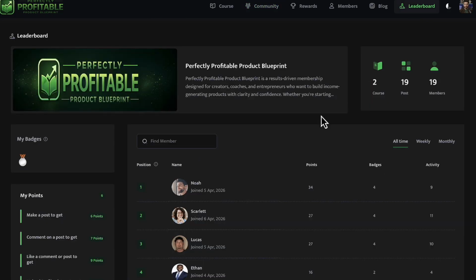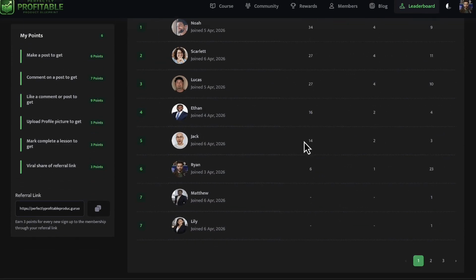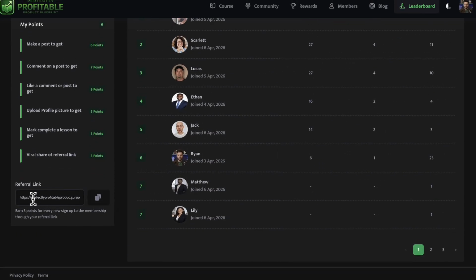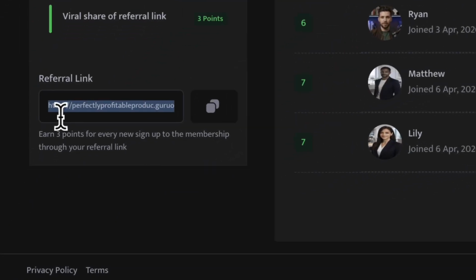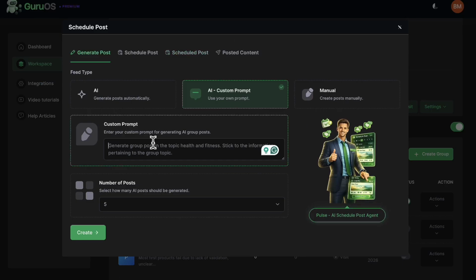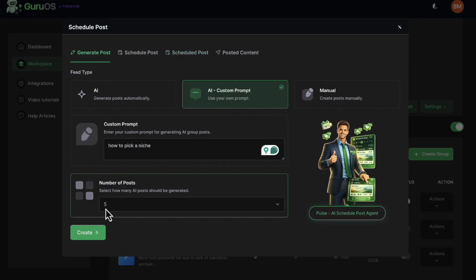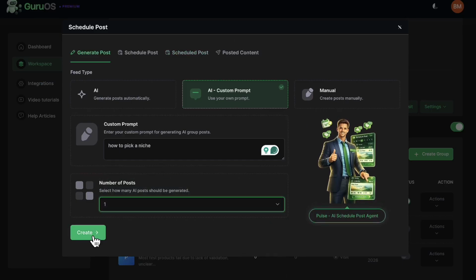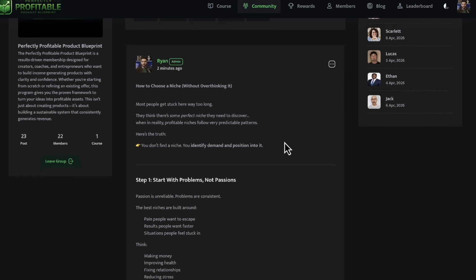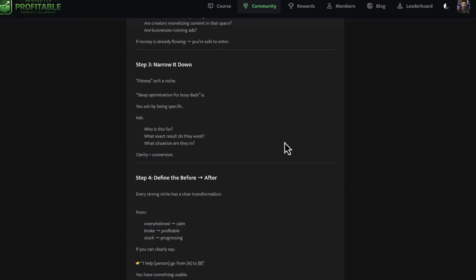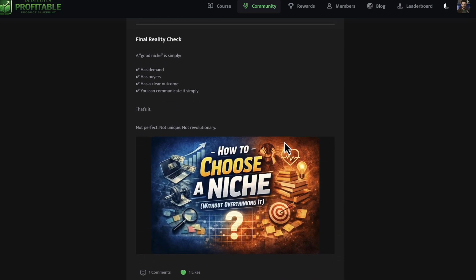Members can see themselves compete on different leaderboards, and even activate viral referral link technology that can give them points by referring other people to your community, unlocking perpetual leads and buyers. Now, to keep your community active, even when you're not there, you can leverage AI to write custom posts and then auto-schedule them to the group. Even create AI members to make the group seem more active at the start and auto-respond to comments with AI